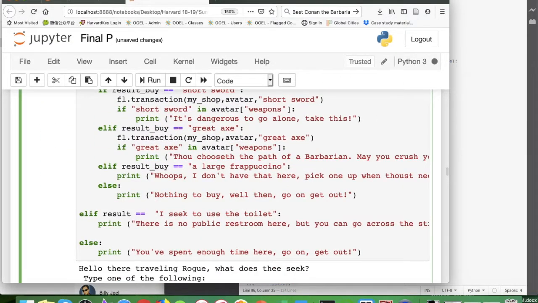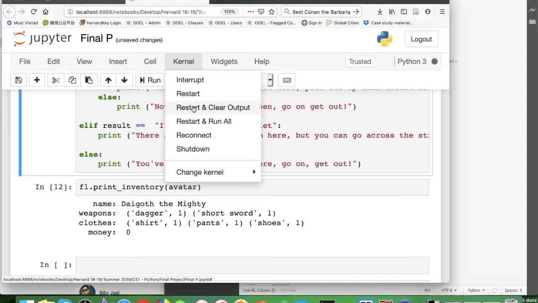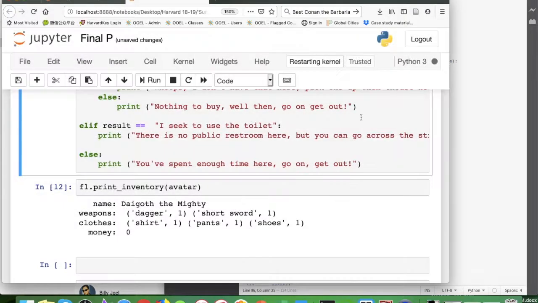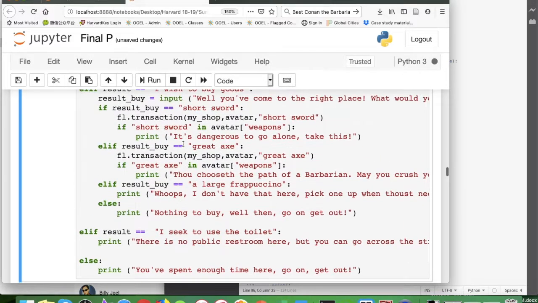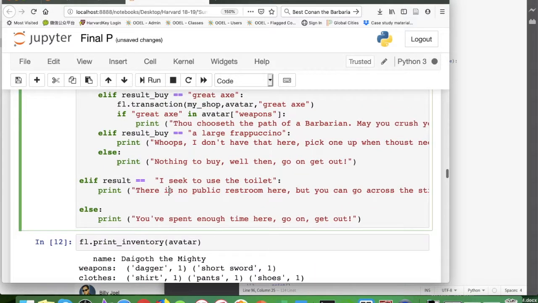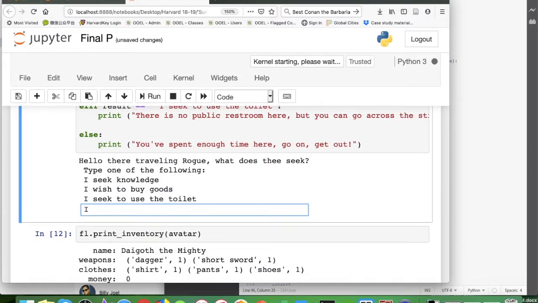Whoever is looking at my final project, you could go through and look at some of the specifics. The last, somewhat humorous, you could say. Okay, not working at the moment. Let me clear the kernel. I know sometimes the input kind of overloads the computer a little bit. Okay, we're back. If I said, seek to use the toilet,